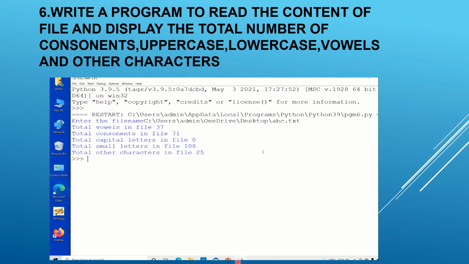That means we check whether it is a vowel, whether it is in a, e, i, o, u, that is vowels, which we have already given. So in that we need to check, and after that we check whether it is an uppercase or a lowercase, and then we count each letter, the number of consonants, vowels and also other characters in it.